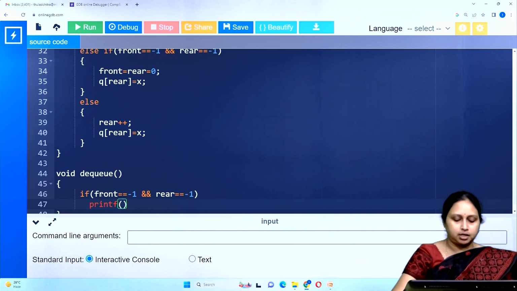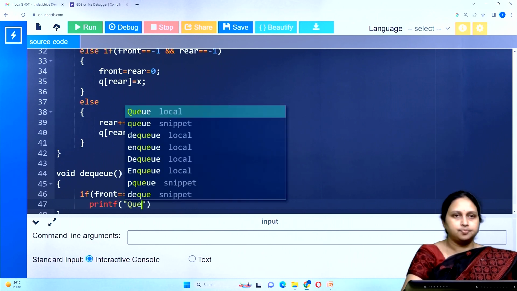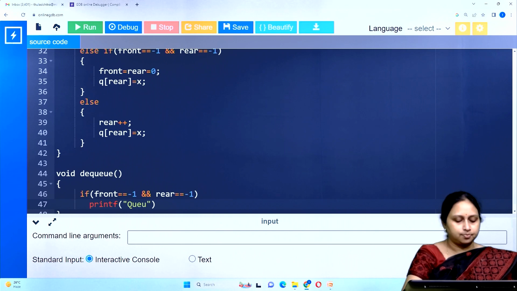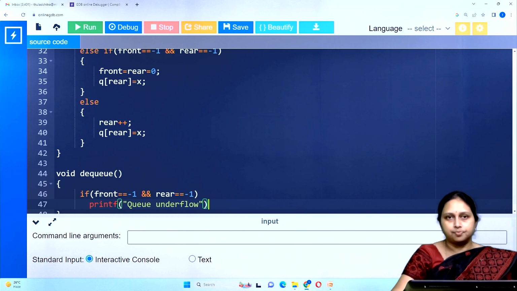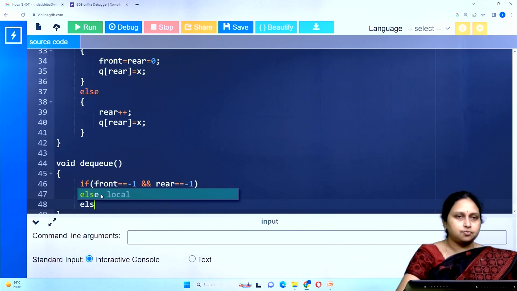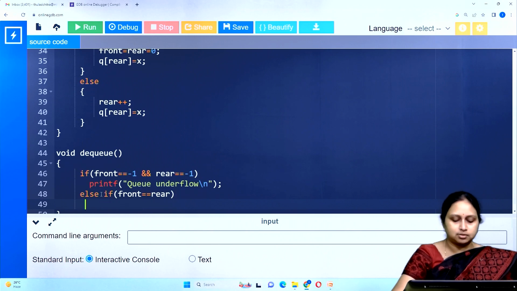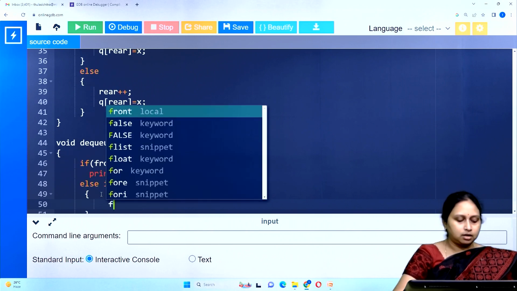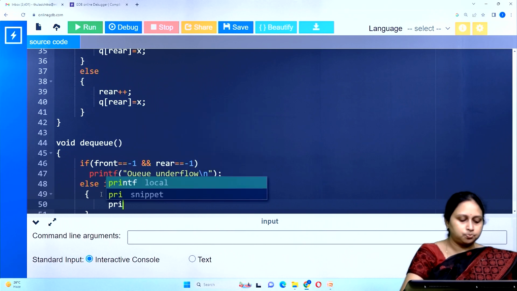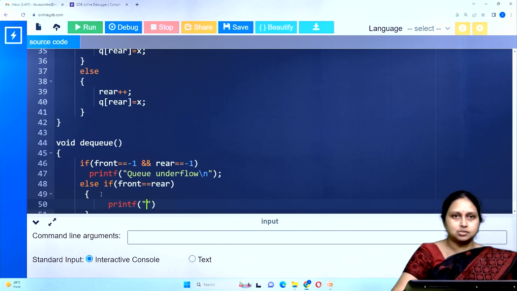What we need to print here? Queue underflow, right? Queue underflow has to be done. Else if, here also two cases we need to check. If front equal to rear, after deleting a few elements, if front and rear are at the same position, in that case we need to print the last element